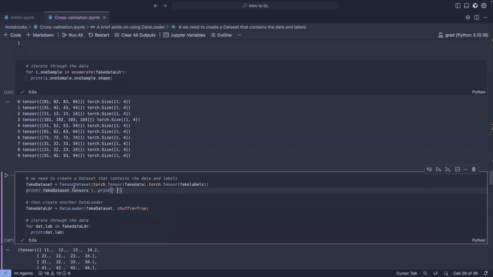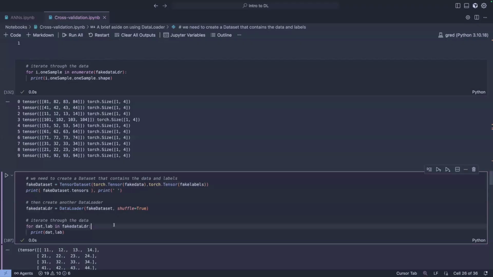What this basically does is use that same fake data object that we created. The dataset takes the data and the labels, and then it creates this tensor dataset that you can then pass to the data loader. The data loader automatically uses the first entry as the data and the second entry as the label.